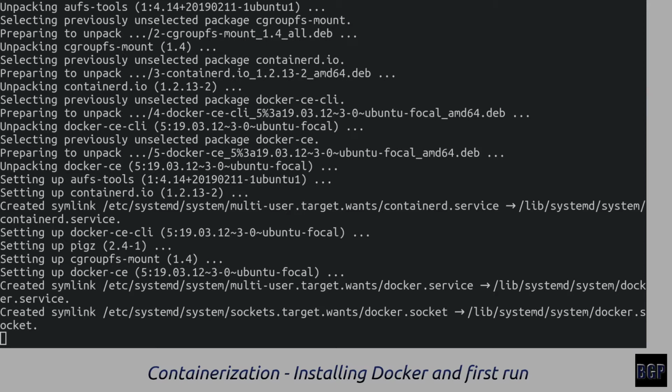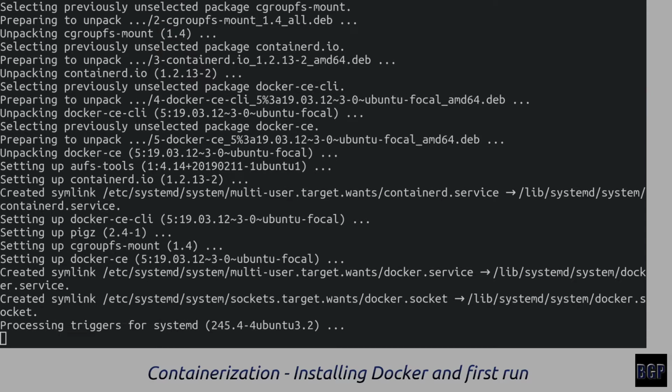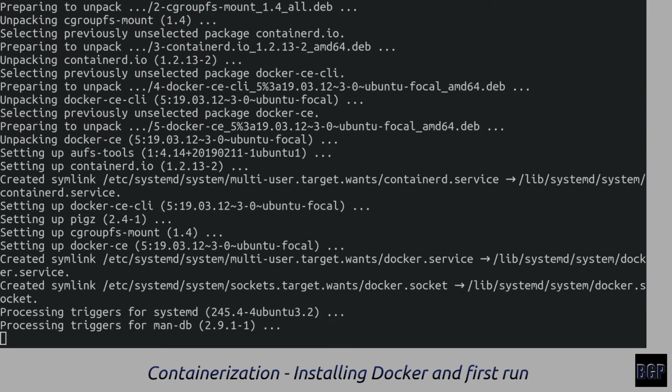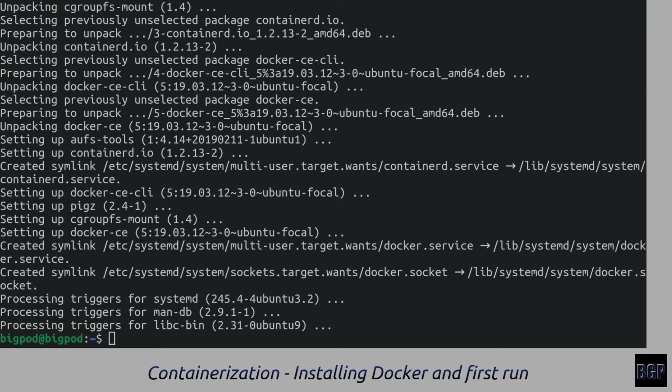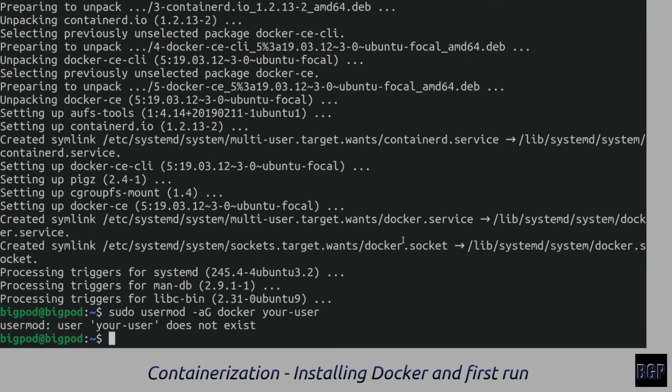At this point, when it's already starting the Docker service, there is one more command we could run. The next command we could add is this one: sudo usermod -aG docker and your user. This basically means your username. So in my case, that would be bigfoot. What this allows us to do is